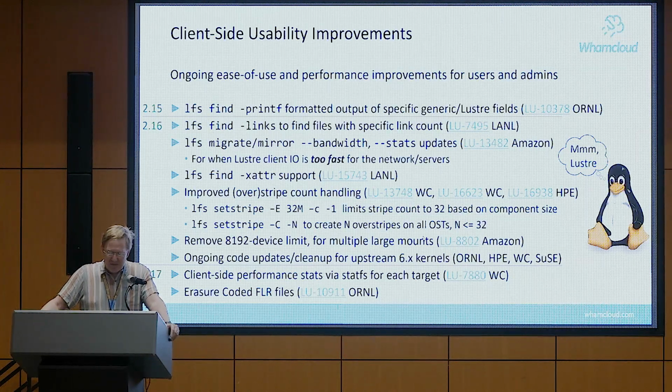A nice feature from LANL is LFS find xattr support. So you can find files with specific xattrs, and you can tag for user xattrs if you want. It ties in super nicely with another feature that I'll talk about on a later slide, to find files that are created with a specific job, so that it gives you a bit of provenance on files,